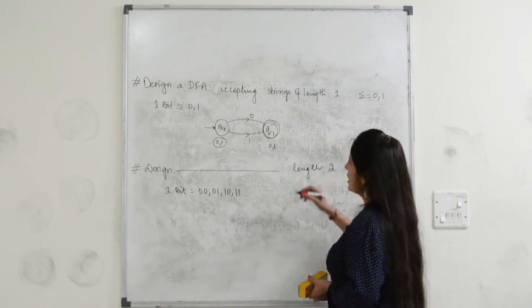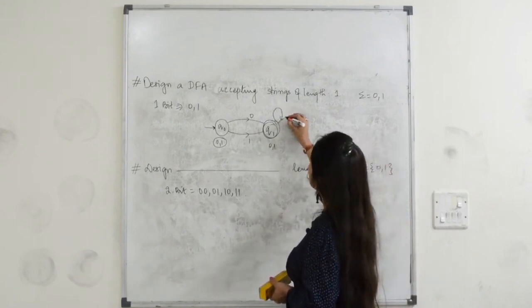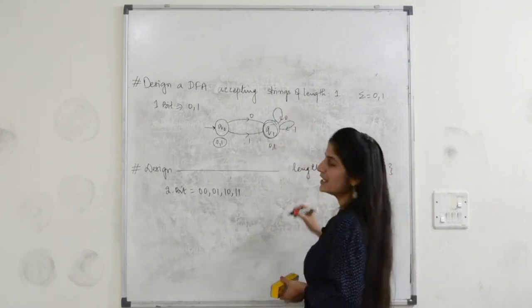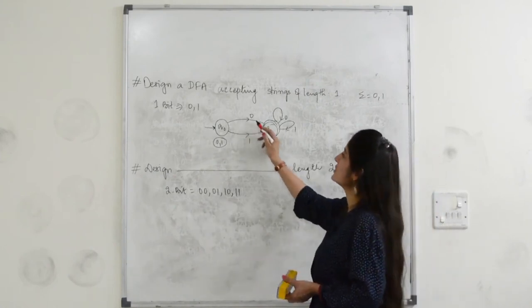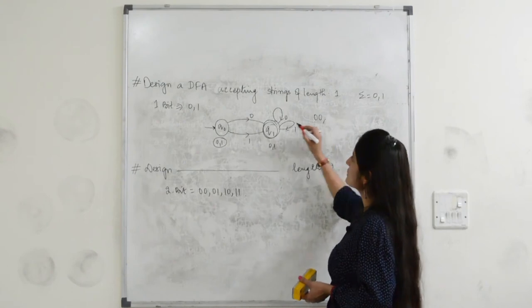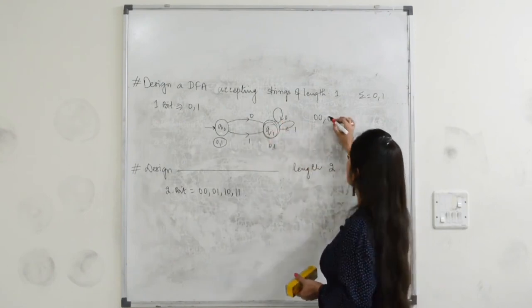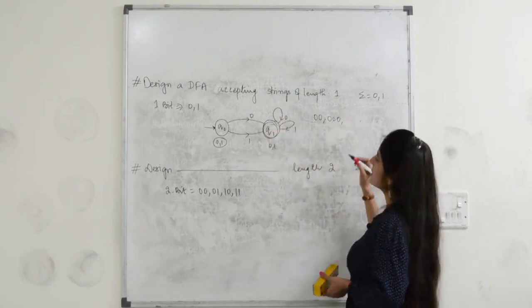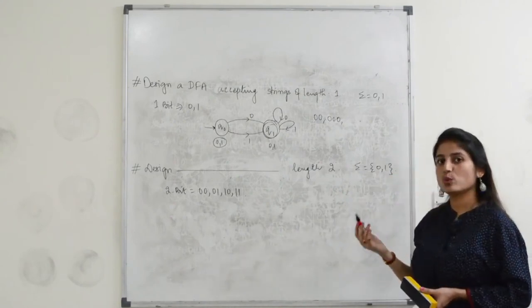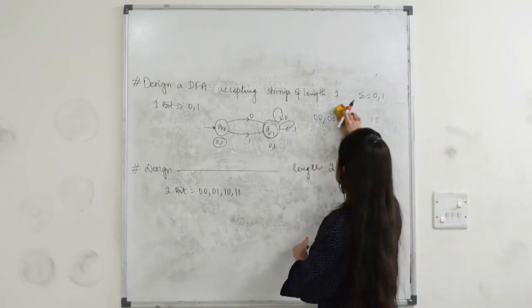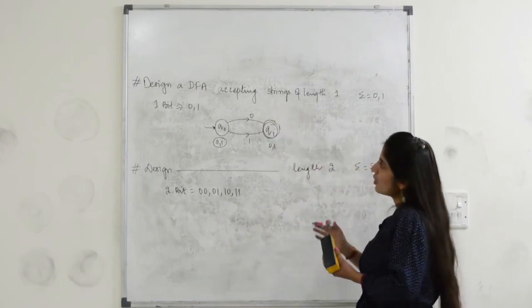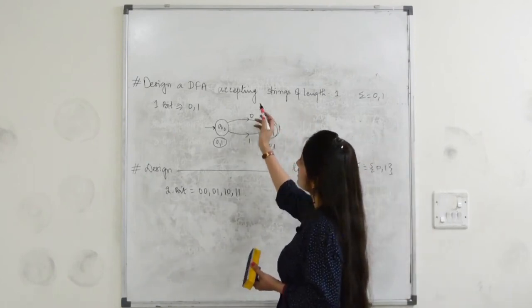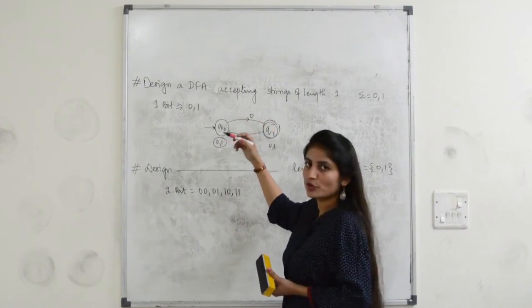particular state. If I try to put a self loop of 0 or 1, it is going to increase the length of the string. So it will accept 0, 0. It will also accept 0, 0, 0. So it is going to accept strings of more than length 1. So we cannot have a self loop of zeros and 1s. We cannot also have a transition on the back side, because again it is going to increase the length of